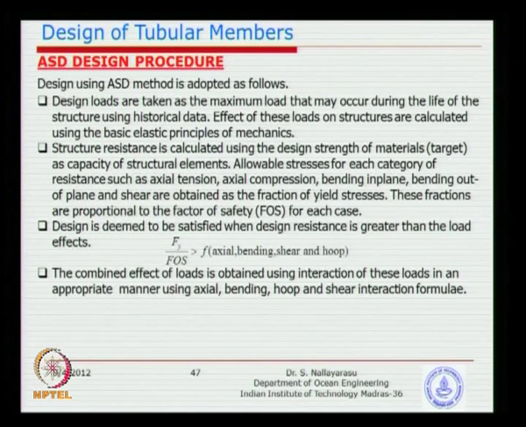So, the next one is a simple procedure. I think I have just combined how we do the design using allowable stress. Loads are taken as I explained using the historical methods. Structural resistance is calculated using simple mechanics, linear principles with a factor of safety adapted for each of the stress states. Design is safe as long as the applied stress is smaller than the allowable stress. Combined effects could possibly be taken, for example, you have a column subjected to axial versus bending, you could combine them in a proper manner, linear or non-linear.